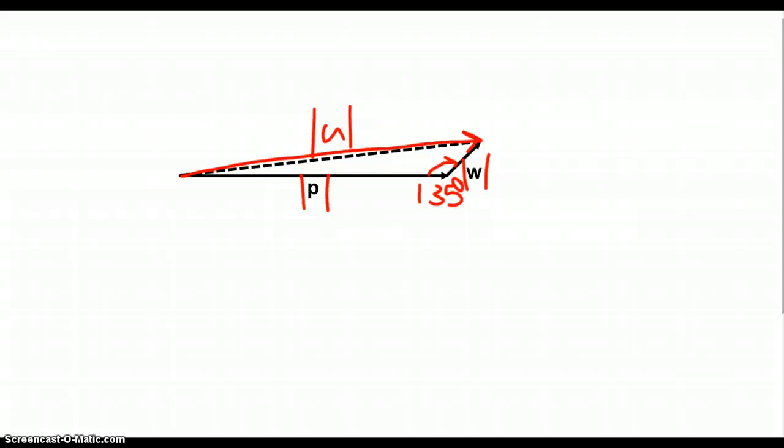Okay, and you can run through the trig there on your own. But it's not always going to be right triangle trig. We will have situations like this, but that's basically how you would do problems involving vectors. Draw yourself a picture,